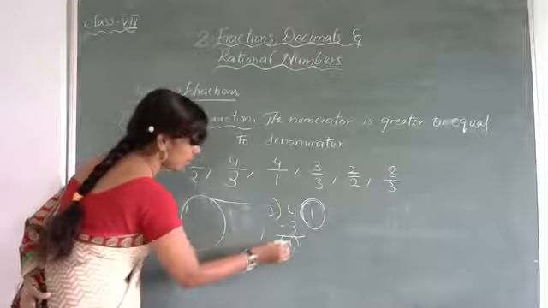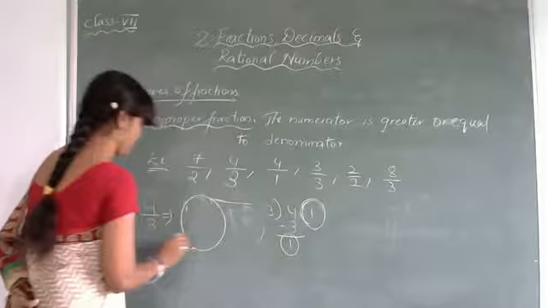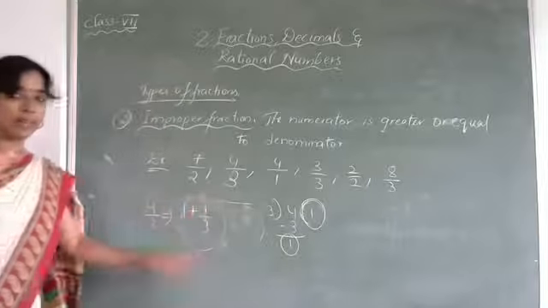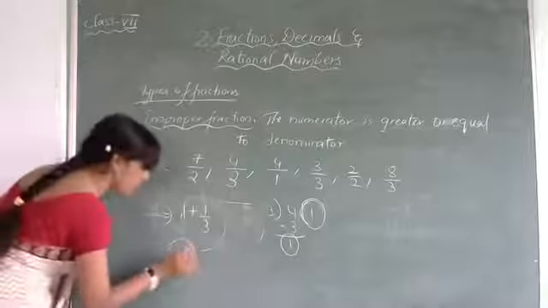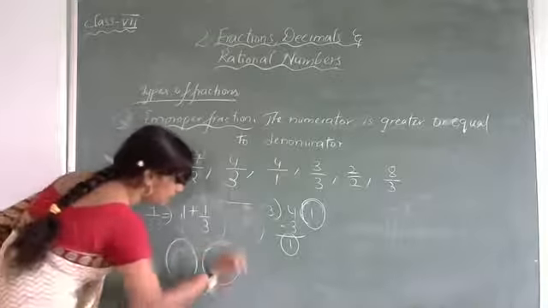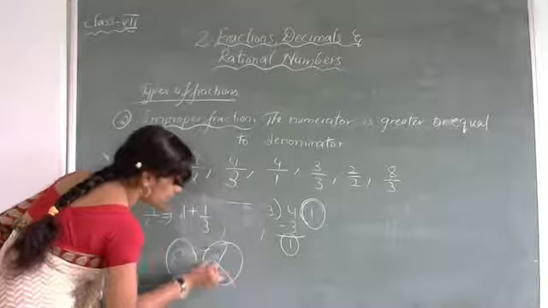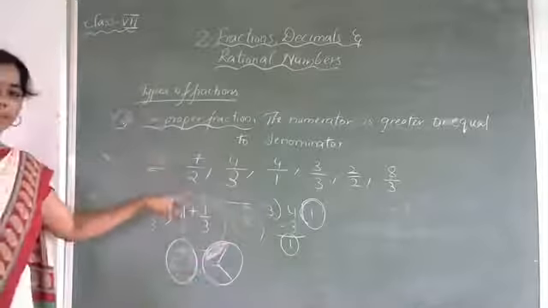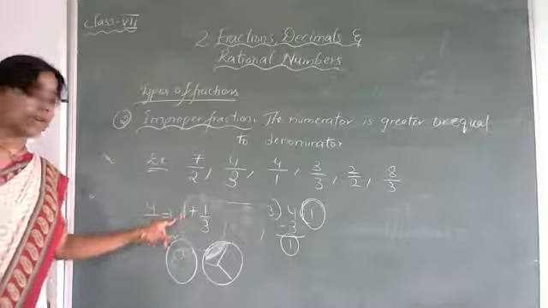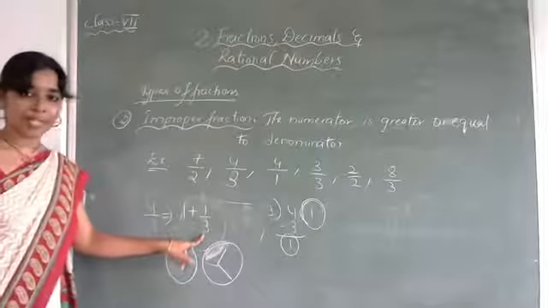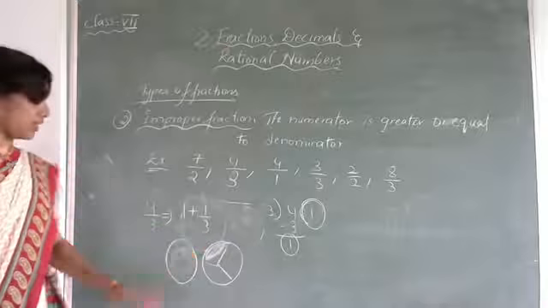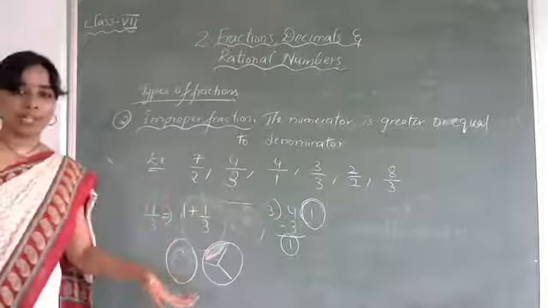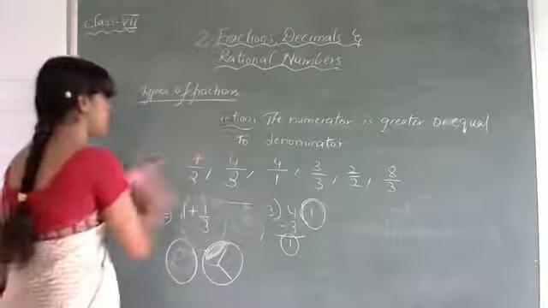That is 1 by 3 parts. So that is 1 plus 1 by 3. That means one whole part and one shaded part. So an improper fraction is nothing but a combination of a whole and a proper fraction. Like this also we can represent an improper fraction pictorially. Okay. The next one is